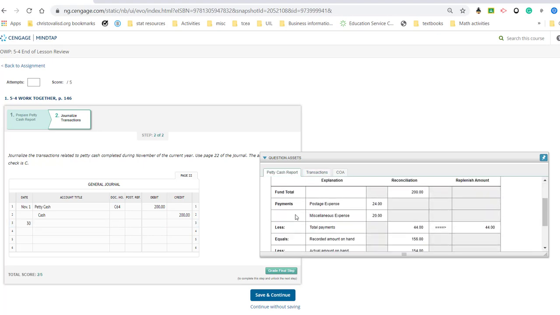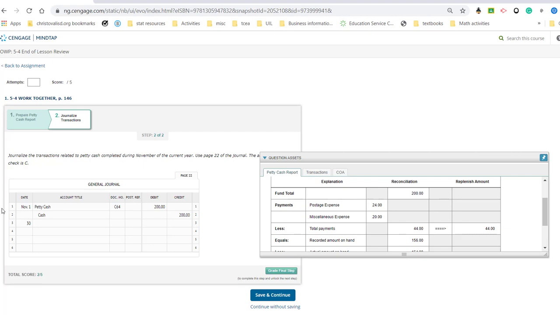And so let's go ahead and look and see what things went into our debit columns. Again, we're going to have multiple debit columns this time because we have multiple accounts that were affected with this transaction. And so postage expense was $24. Miscellaneous expense was $20. And the cash short and over fund